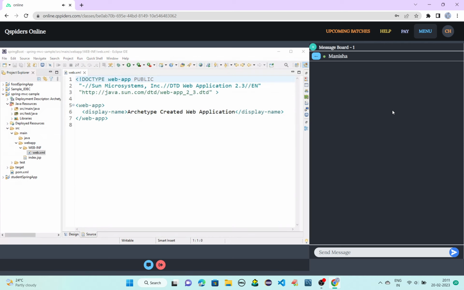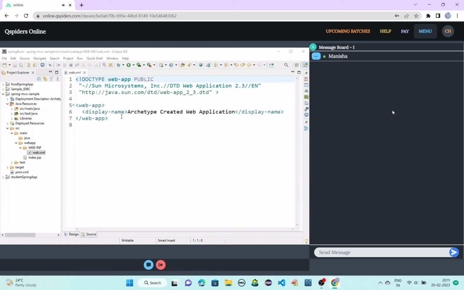So how to configure the front controller? You already know, you need to use your servlet mapping. Do you remember how you were using it in servlet? The same thing you need to use, the URL pattern mapping.